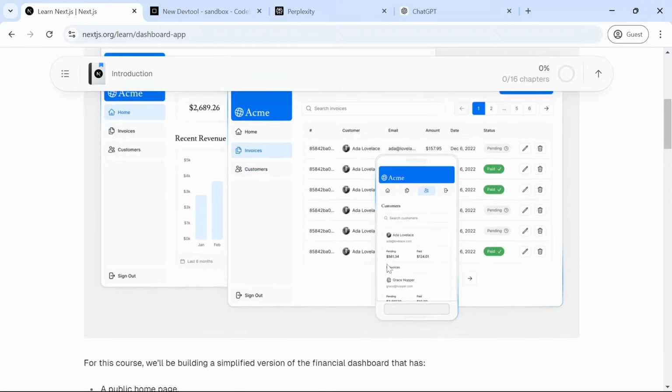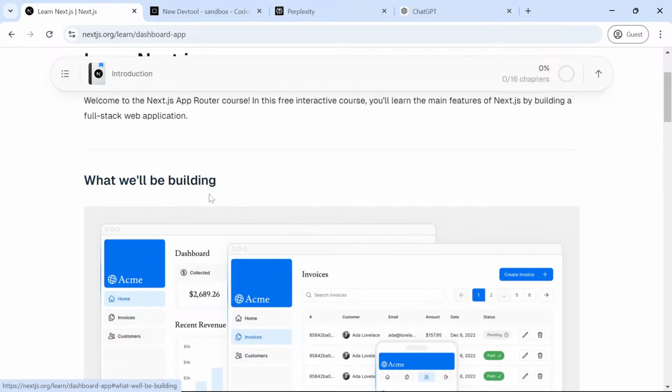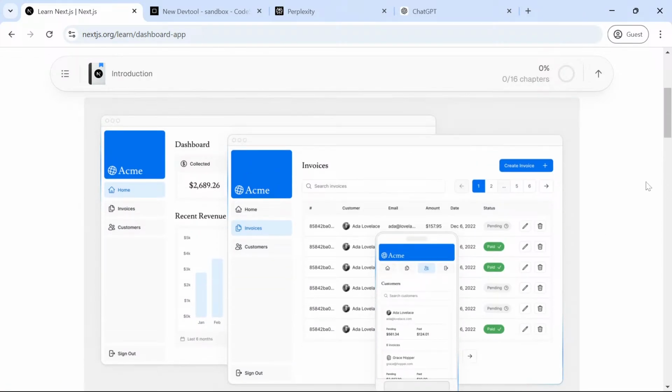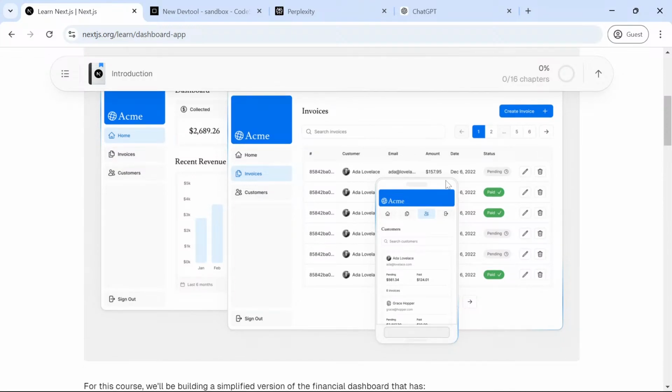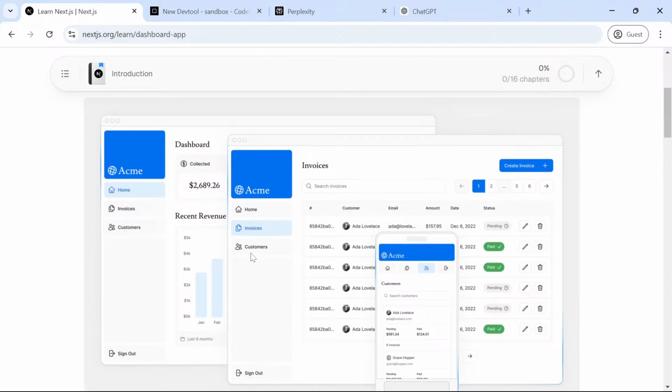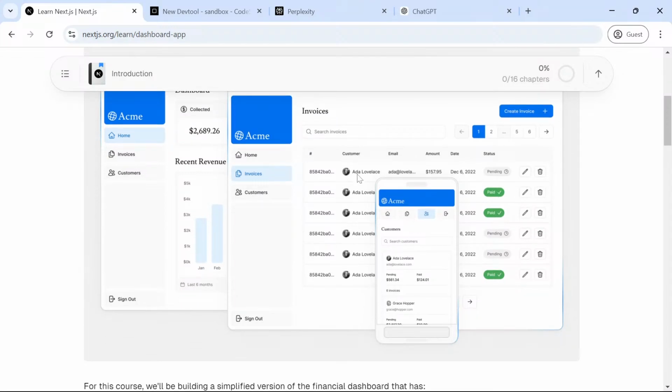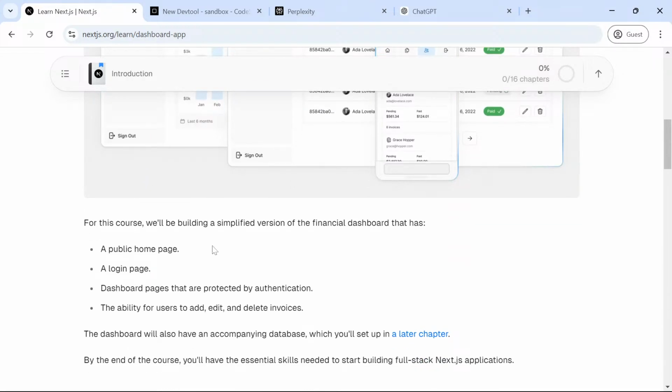Look at this, Acme. What is this? This is what we'll be building, folks. This looks fun. We got home, invoices, customers. We have a lot of stuff going on. Create invoice, paid. Who's this? Ada Lovelace. $157.95, pending. Alright, now for this course we'll be building a simplified version of the financial dashboard that has a public